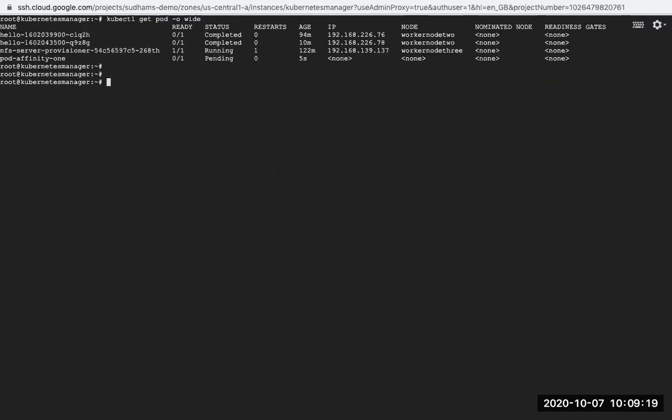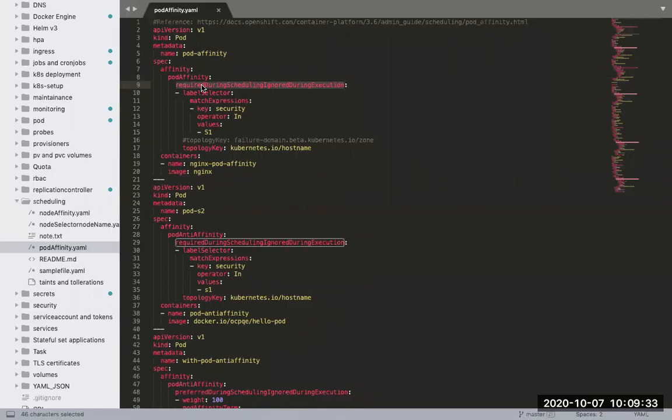Now let's verify the status of the pods. Why is it showing me in pending state? Because there is no such pod which is having a label called app nginx. Since it is not able to identify that, it is in pending state. Why? Because it is required. Required in the sense, definitely that particular pod should be there with a label called app nginx. If it is not there, it will not fail, it will be in pending state.